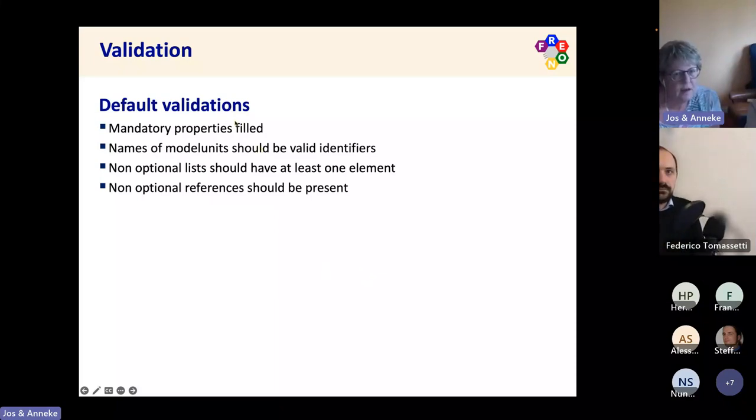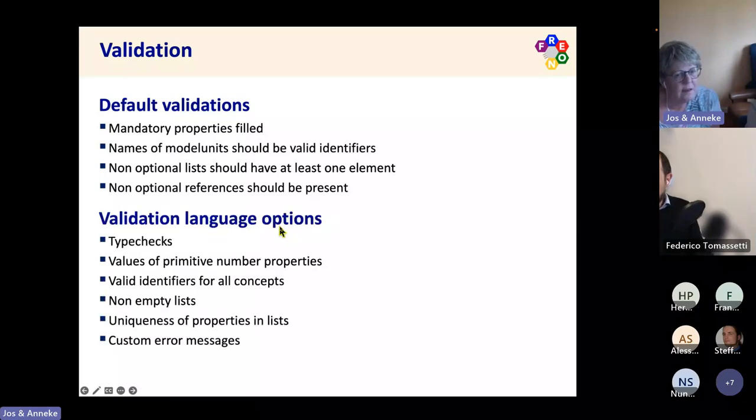It has a number of default options, but again, in the definition level, you can define type checks. Of course, you need to define typing as well, but you can also define, for instance, the uniqueness of properties in a list. And we can have custom error messages.